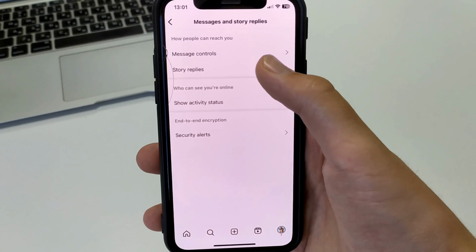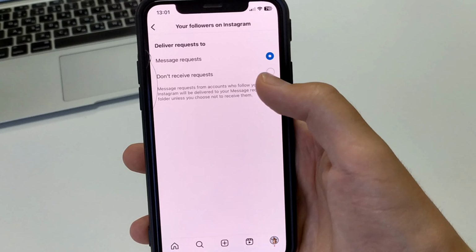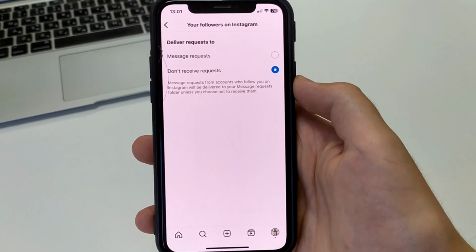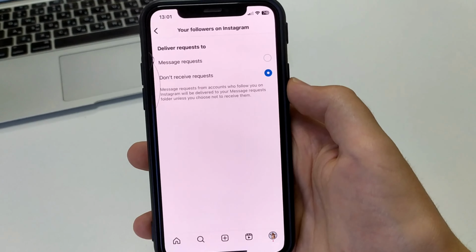In order to stop and turn off asking any people to post on Instagram, we need to switch to the second setting. But if you want to turn it off or on, you can click right here and turn it on. So in this simple and easy way, you can stop the Instagram post request. And when a person wants to message you, they won't be able to.